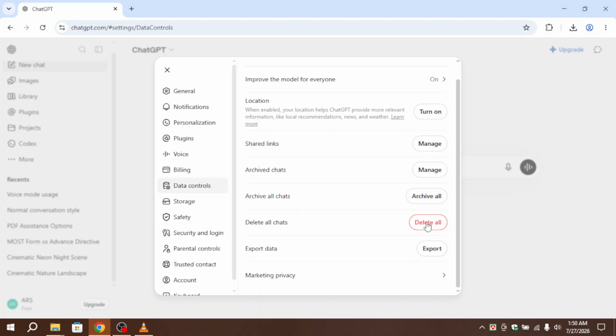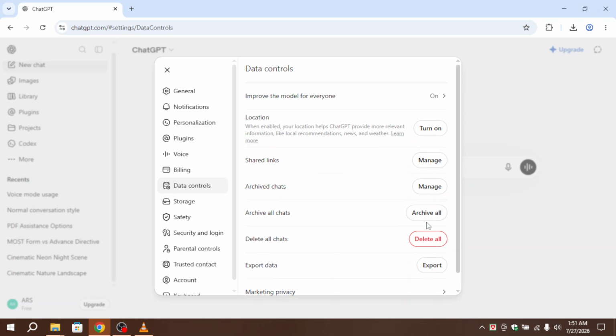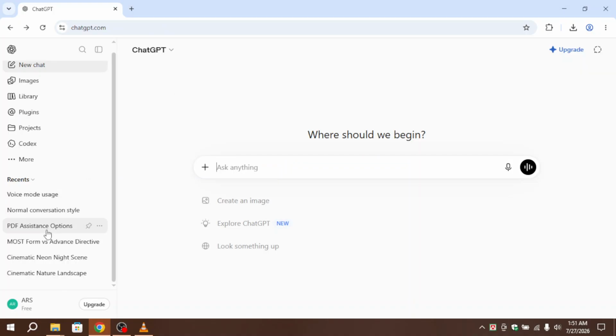While you're in settings, it's also a good idea to review your privacy and personalization options. Depending on your preferences, you may want to adjust features such as memory or other account settings to better match how you use ChatGPT. Regularly deleting conversations you no longer need can make your sidebar easier to manage and help you quickly find the chats that matter most. Consider reviewing your chat history from time to time to keep everything organized, and that's how to delete your ChatGPT